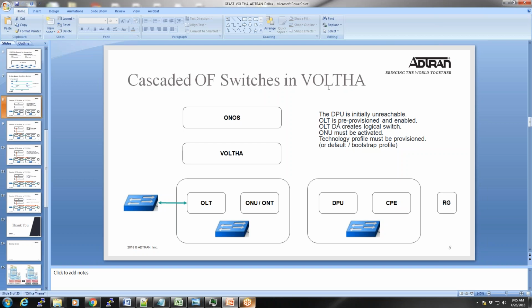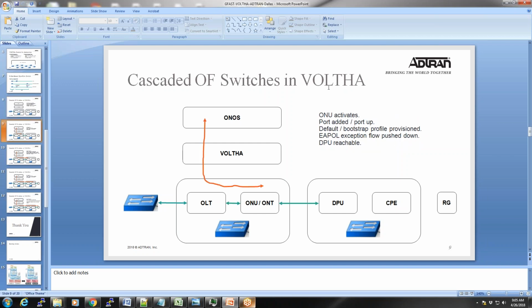And our proposal is that the DPU is treated no different than a subscriber, with the exception that the applications and the ecosystem is aware that there will be additional devices in the network, and so it would identify this as a DPU device and authenticate it accordingly via EAPOL, for example, as well as bring it